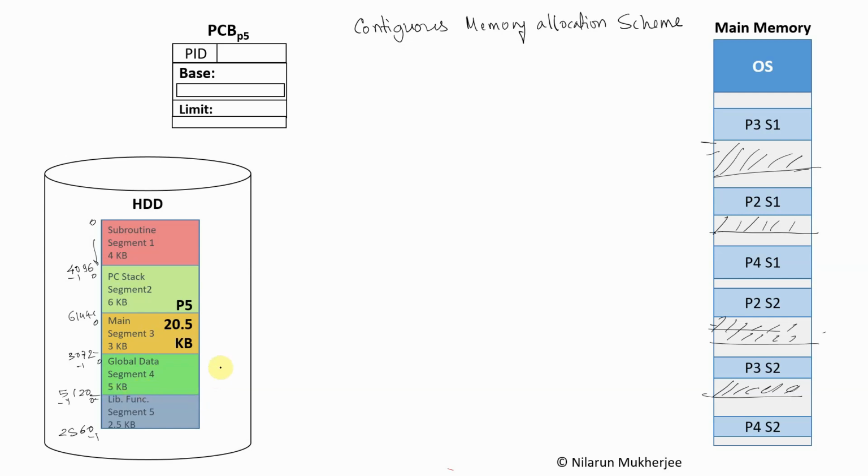So these are the segment logical addresses. And the actual address is 20992,